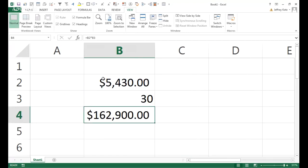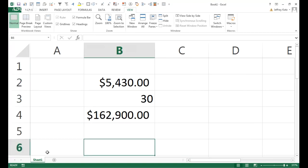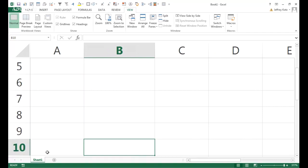Some of those jobs would be more than $5,430. Some will be less, but on average, $5,430 times 30 jobs means about $163,000, $162,900. That's the total there. And rather than constantly switch the screen sharing, I'll read the question, and if you've got the assignment at home, you can also complete it. That means I don't have to switch back and forth from Excel windows and back to Chrome, etc. So question one would be